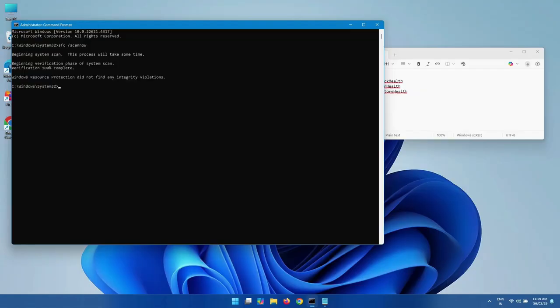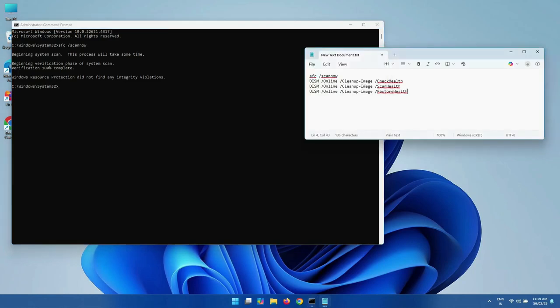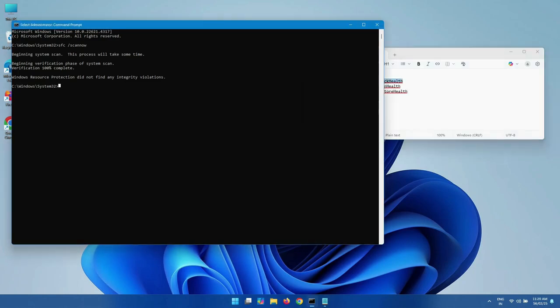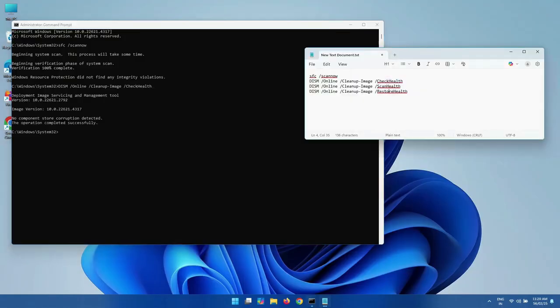So you can see the first SFC scan is now completed. Then the second one, so just copy and type and Control V, after that hit enter. So no command is detected. Okay, now third,